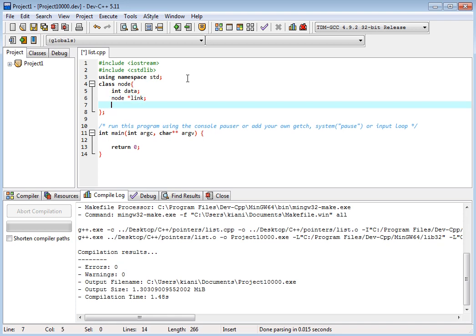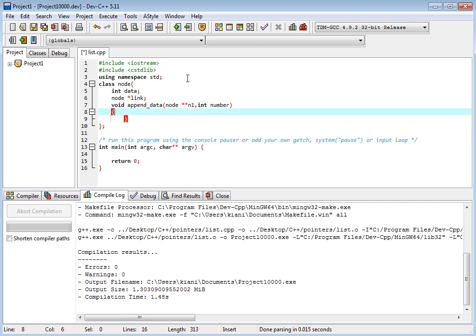And we have void append data, and we have a node pointer, for example n1, and we have an integer number.